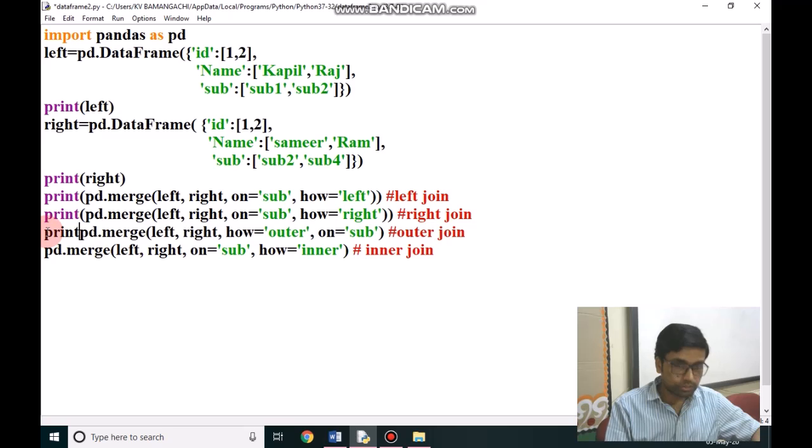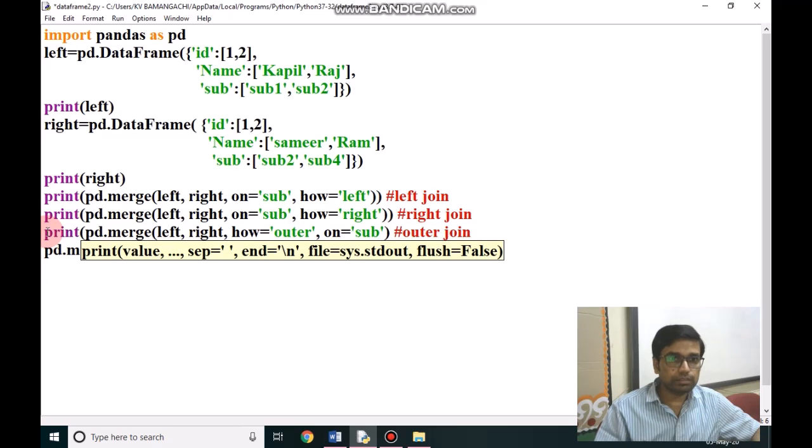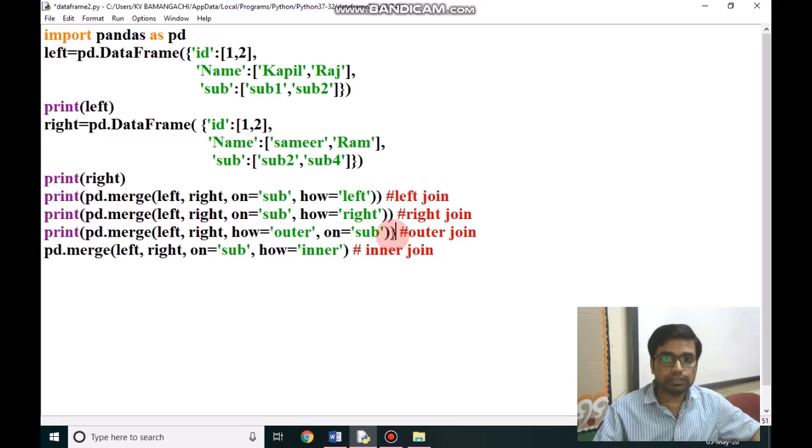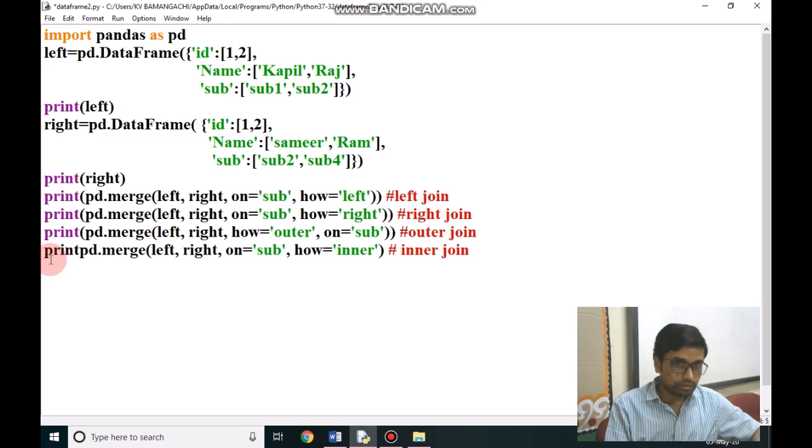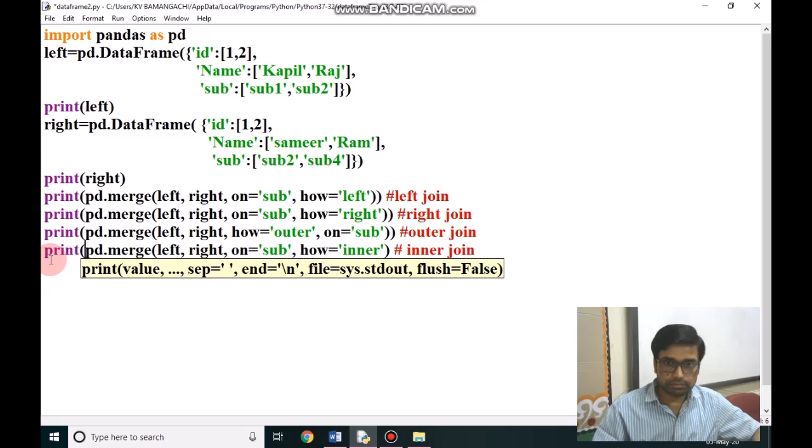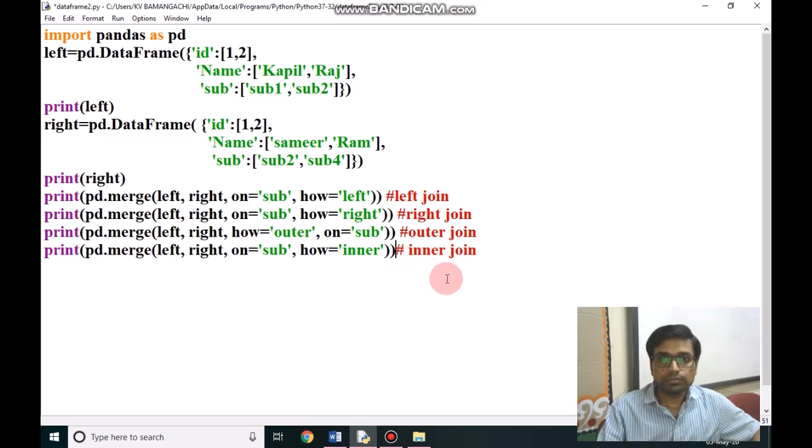I am enclosing all the merge function into print function, otherwise it will not print the merged functions. Here we are looking, we have a join pd.merge left comma right on subject how left.